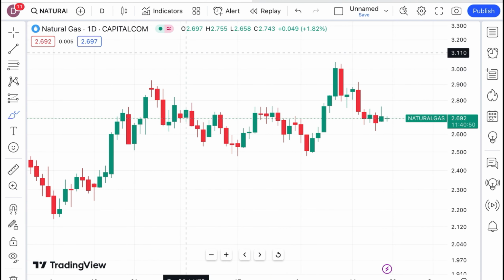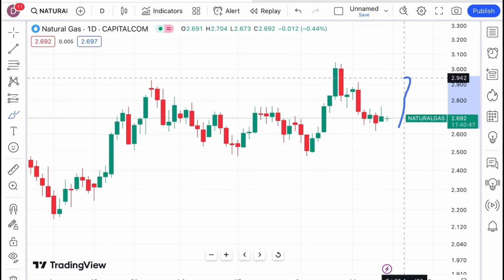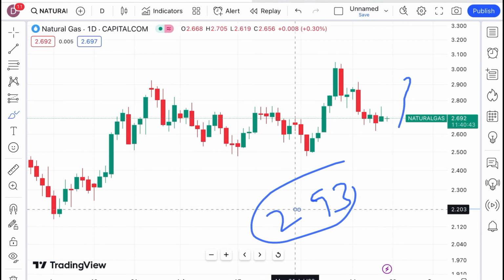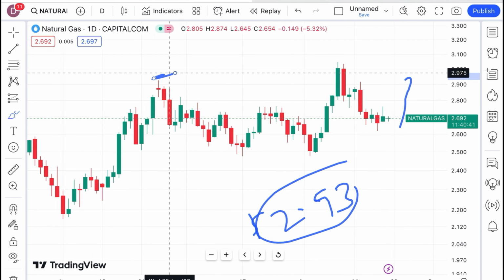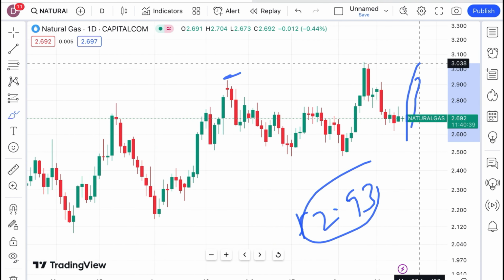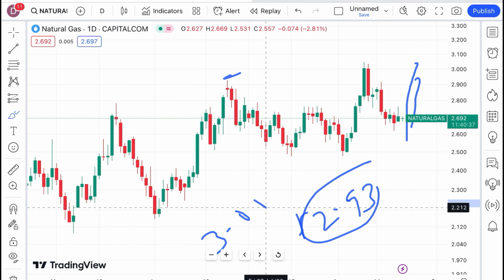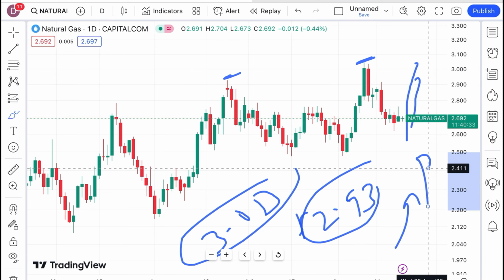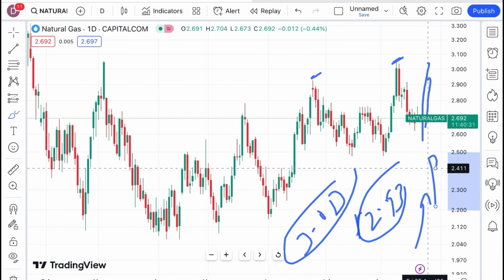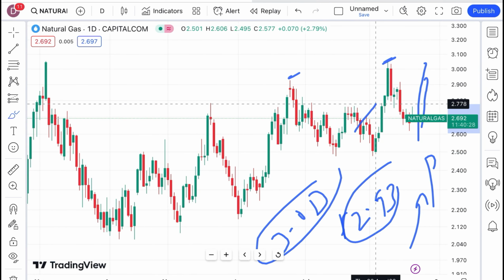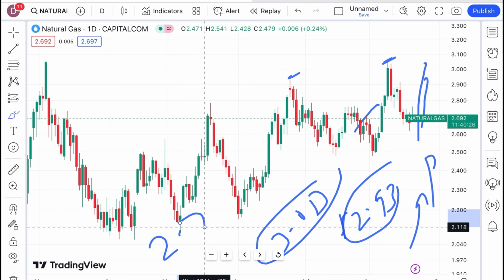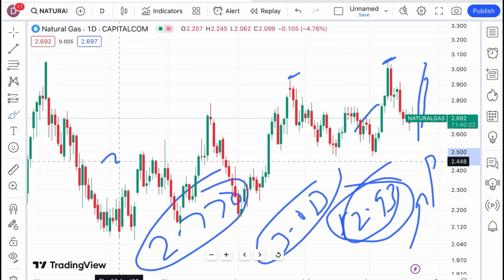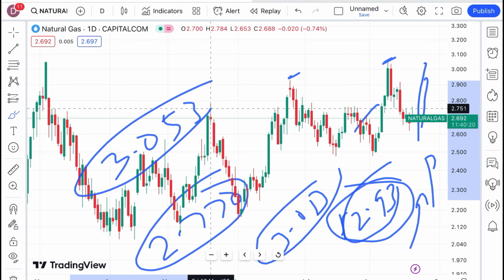Once it starts sustaining above 2.890, we can see it will cross a level of around $2.93, that is half of this zone. And then from there we can see it will cross a level of around $3.053. This is the high of this particular zone, so chances are very high it will go further upside. I have already explained to you that if the price starts sustaining above $2.770, chances of touching 2.93 are there, and a probability of crossing a level of 3.053 is there.